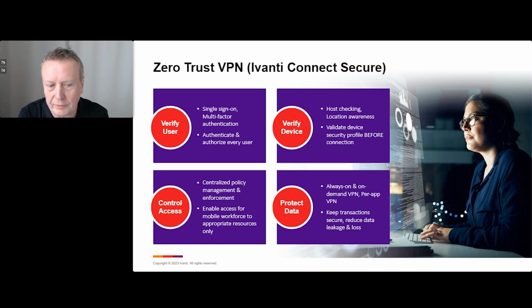Once we have verified that, then we grant them access according to the policy. So it is not a full access. We define which applications they can connect to via the VPN tunnel. So it is really a restricted access that you will get on a certain device with a certain account. Once it all has been authorized and authenticated, then we set up the tunnel so that they can get access